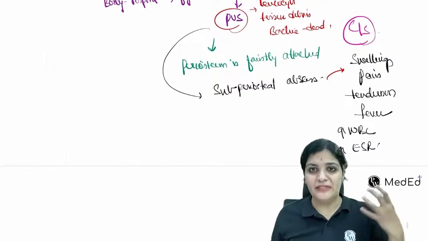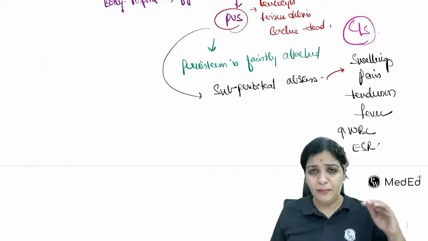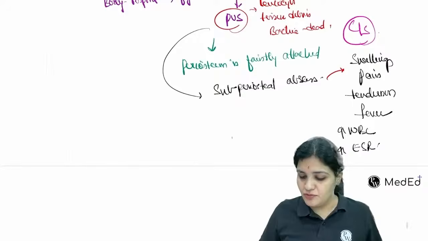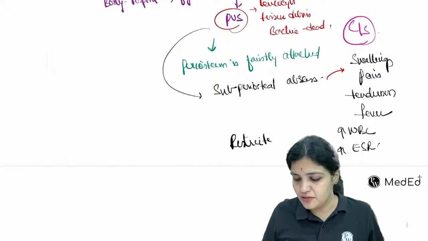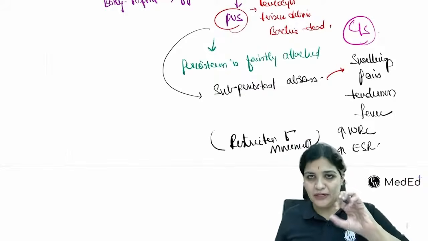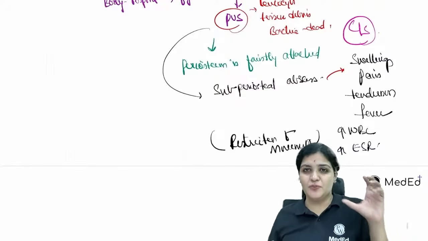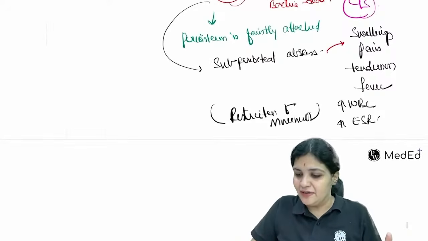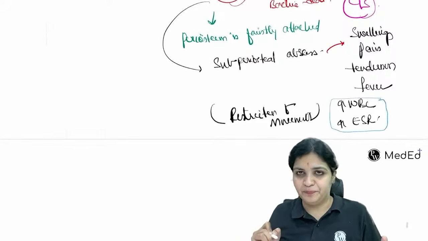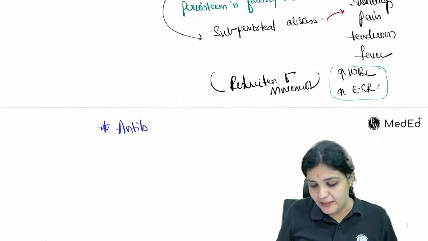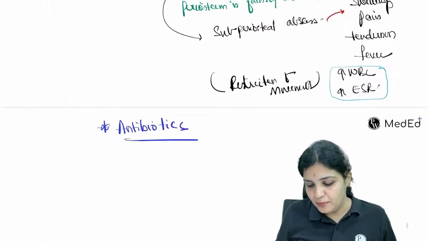So the patient will come with a mild swelling, then there will be pain and tenderness, and because the metaphysis is near the joint, sometimes there will be restriction of movements or painful movements, or the patient will not allow you to touch, right? So this is what is happening, and the patient will come to you at this stage with pain, swelling, tenderness and fever. So now you do some tests where you see a raised WBC and raised ESR, right? And at this point, if you intervene with antibiotics,